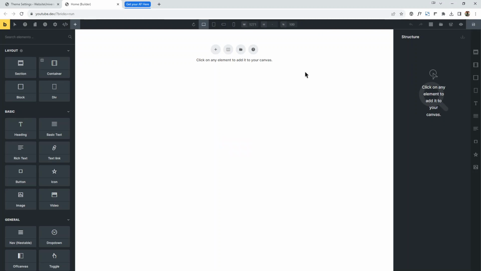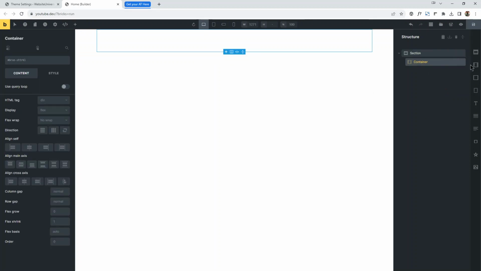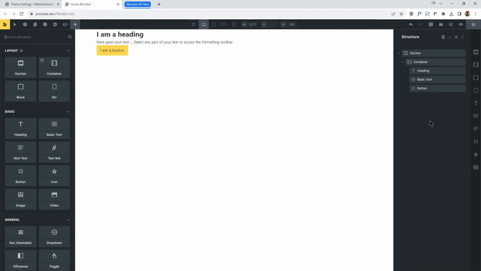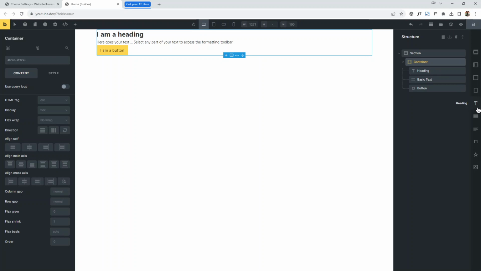So after reloading, you get these options here. Now, instead of coming to add, I can quickly click on my section, then it automatically expands the container. Then I can just add my heading, my basic text, and a button, all from the right hand side. This is number 1. So number 2, if you add new elements, let's say I bring in an icon and